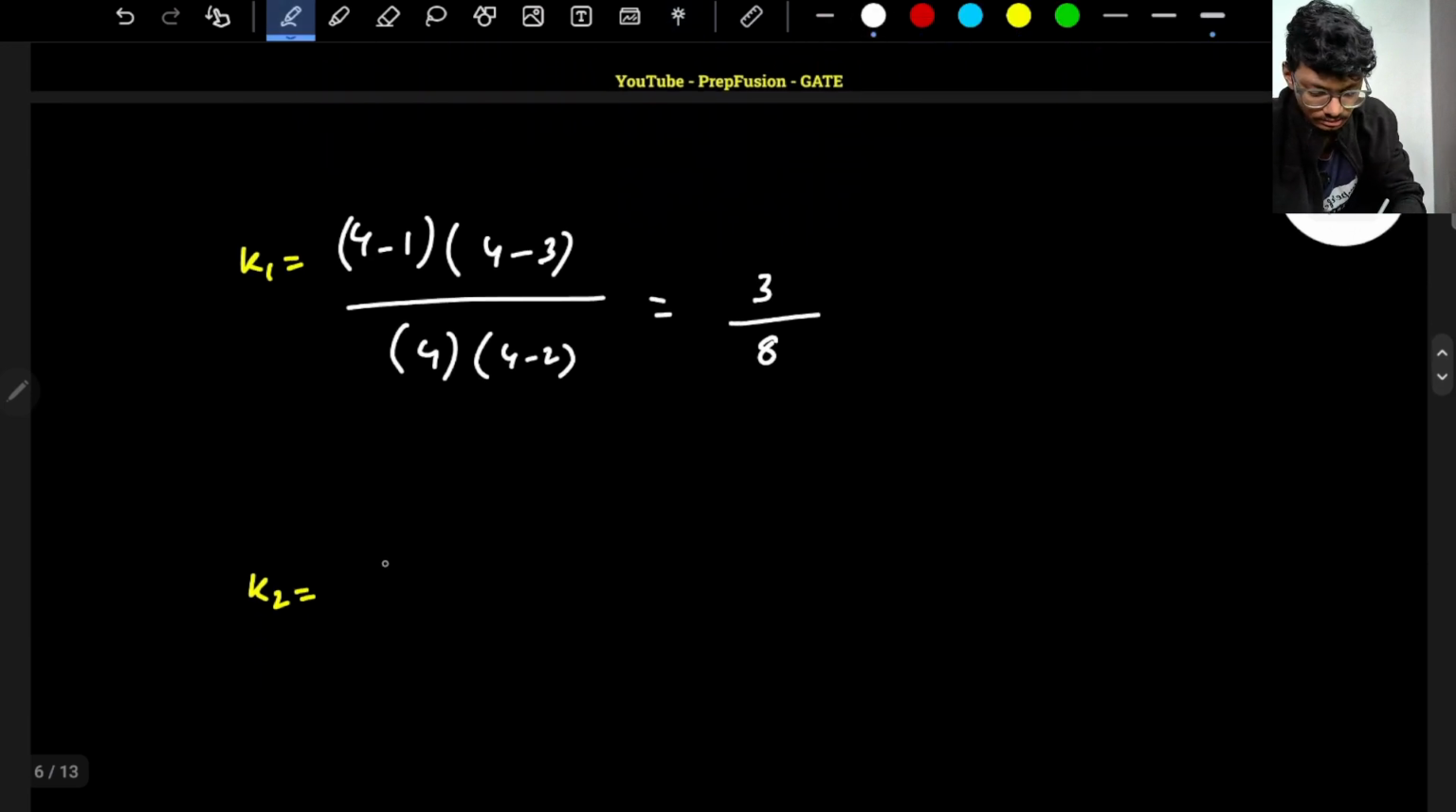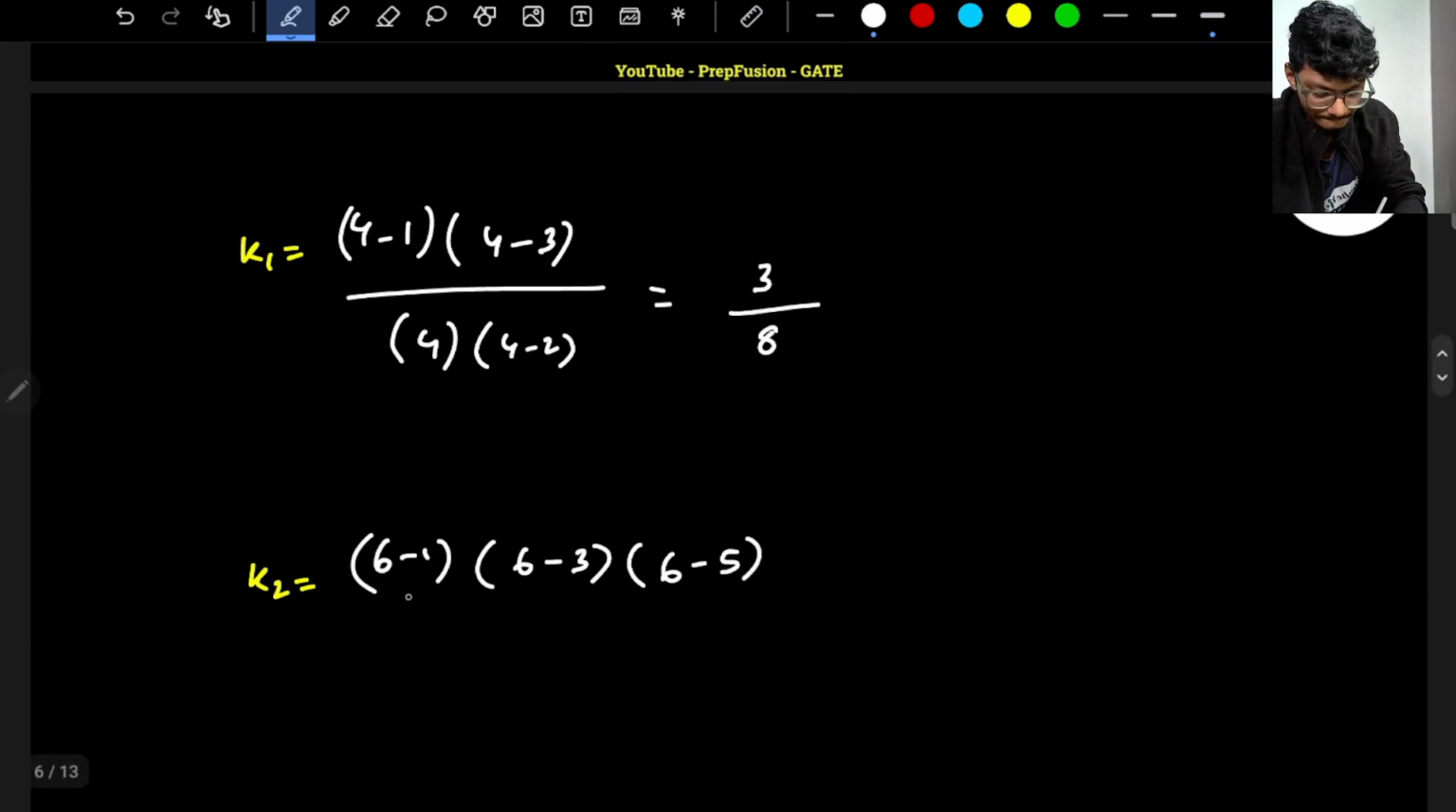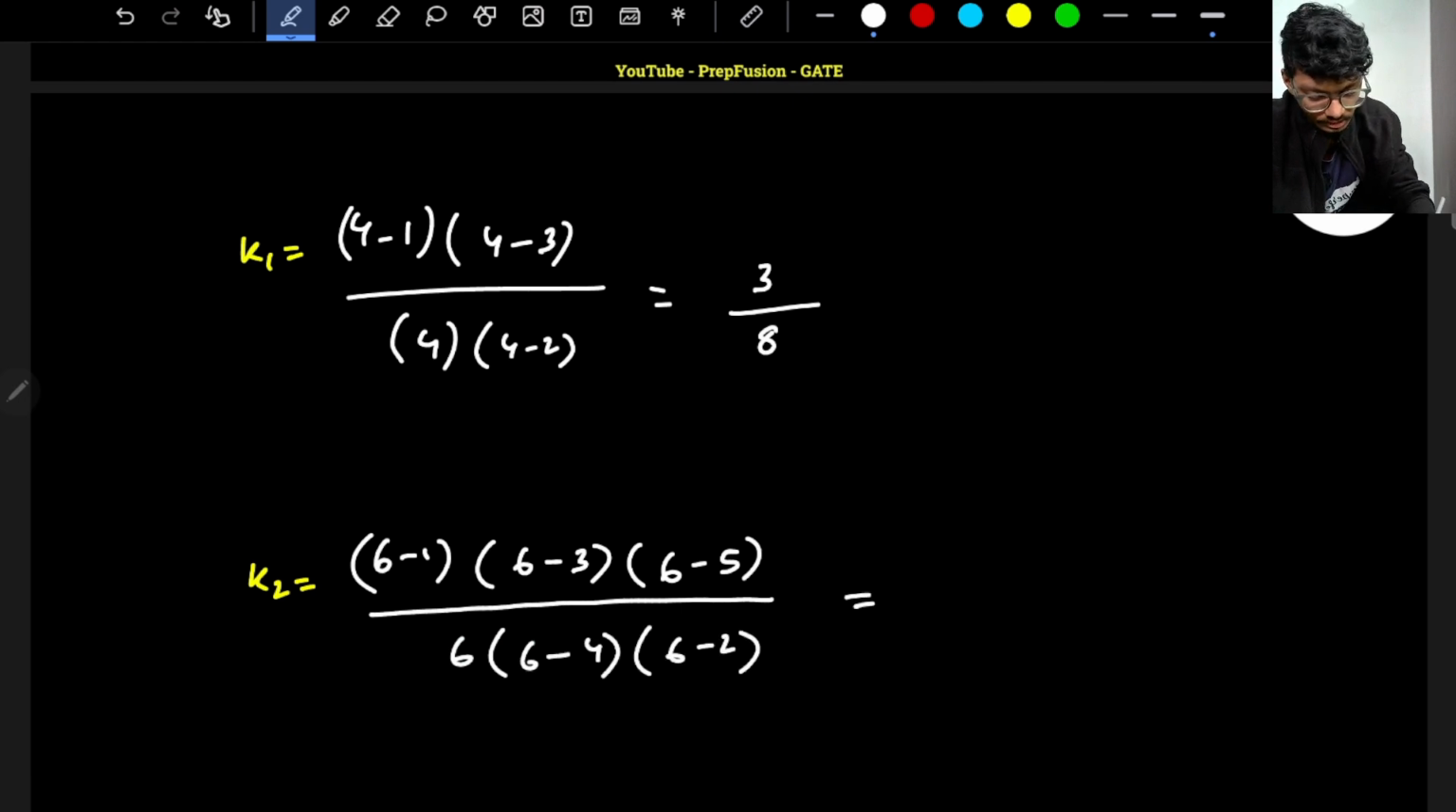This will be (6 minus 1) into (6 minus 3) into (6 minus 5) divided by 6 into (6 minus 4) into (6 minus 2). So this will come out to be 5 into 3 into 1 divided by 6 into 2 into,